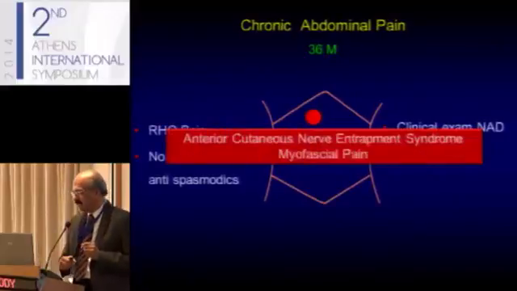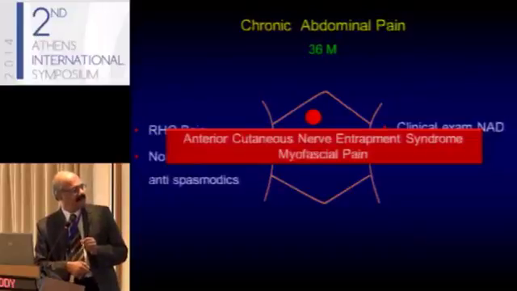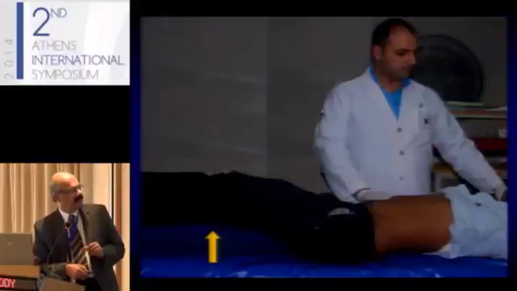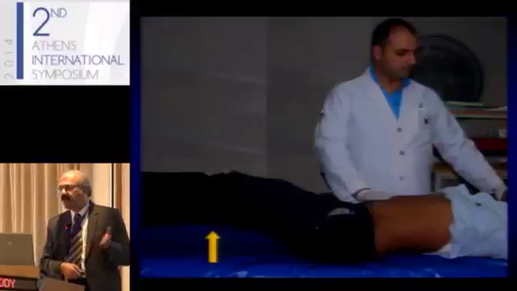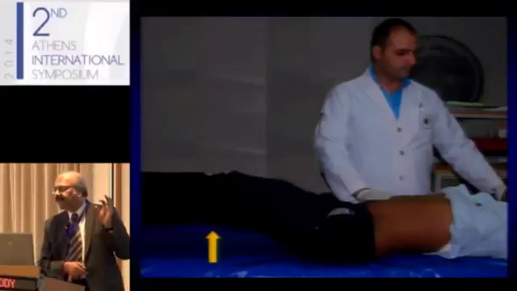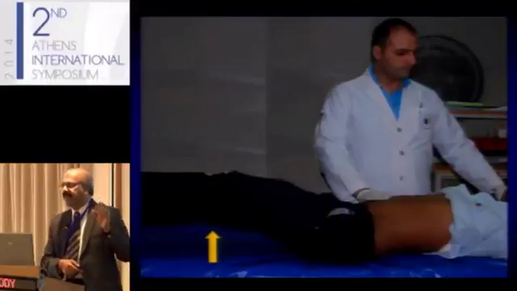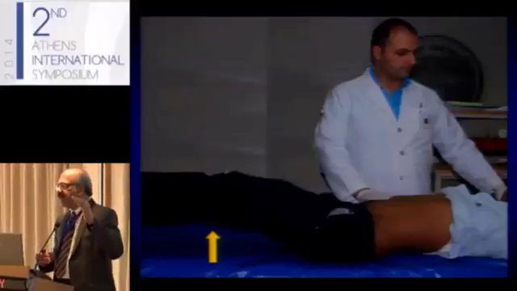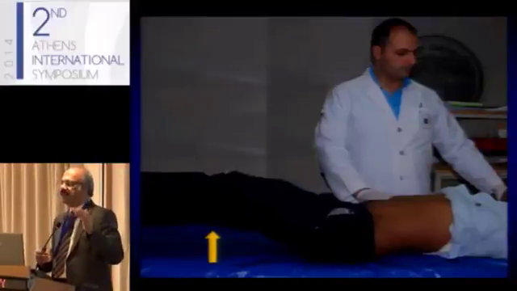Now, what's Carnett sign? This patient, of course, has a myofascial pain, not intra-abdominal, but in the muscle layer itself. This is the typical Carnett sign. You ask the patient to raise the legs and press your hand on the abdomen. If the pain increases, it is the pain coming from the parietes, abdominal wall or the parietal peritoneum. But if the pain decreases, then the pain is coming from intra-abdominal organs like the gallbladder, appendix and so on.